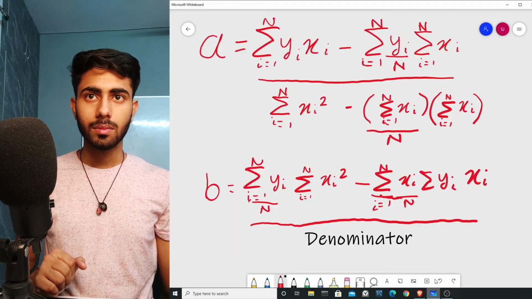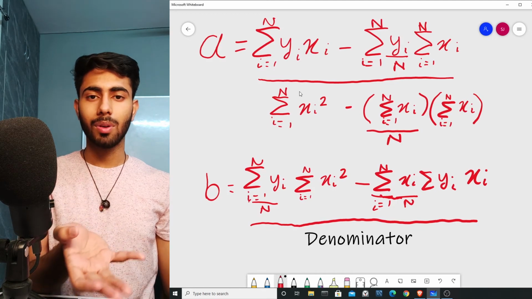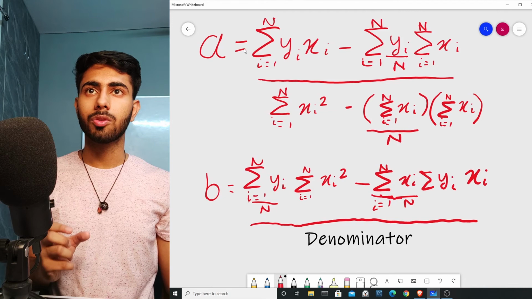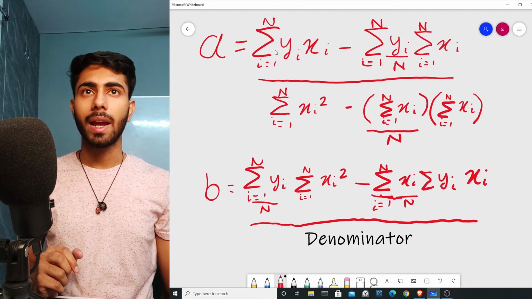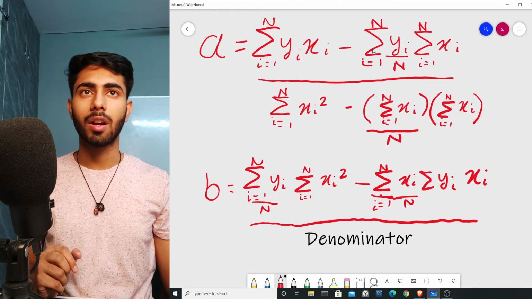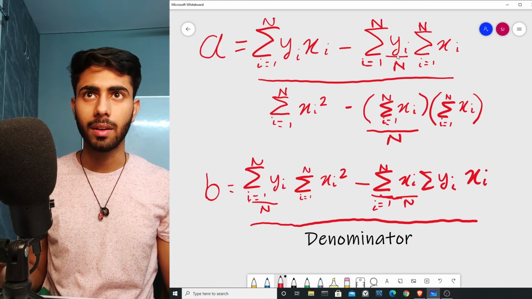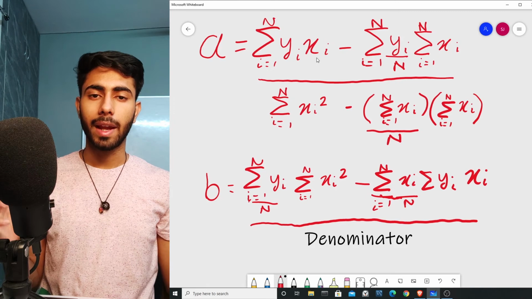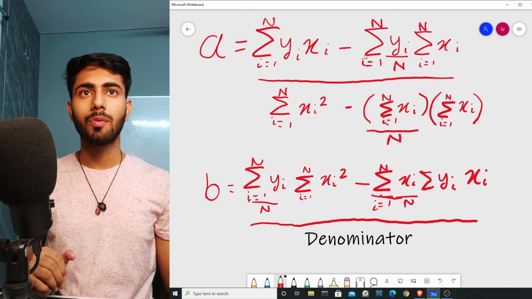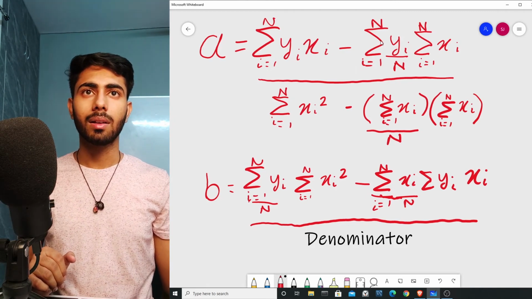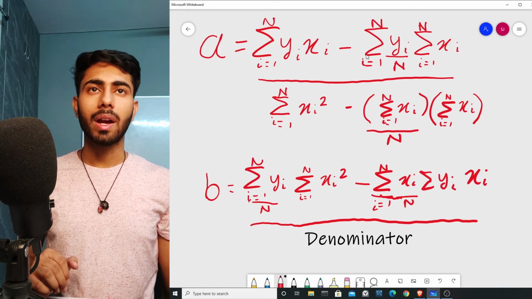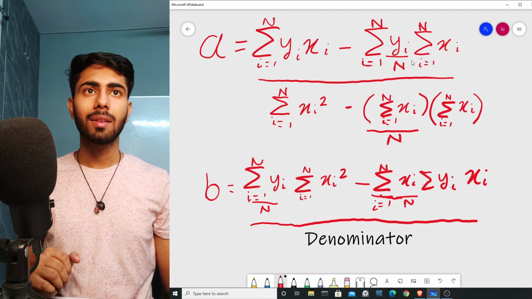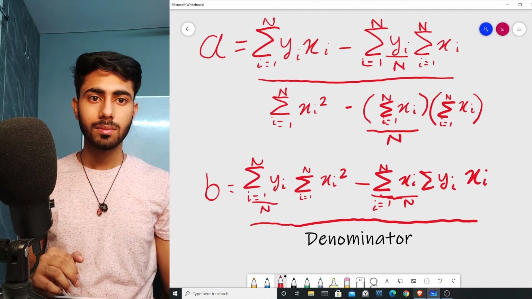So here, if you have written the equation, you can verify that the numerator for a came out to be summation of yi xi minus summation of yi divided by n multiplied by summation of xi. So I have written summation of yi xi as x dot y minus summation of yi divided by n, which I have written as y dot mean, and summation of xi as x dot sum.